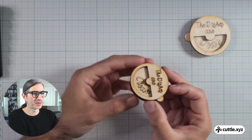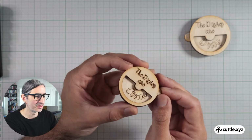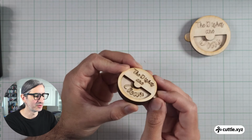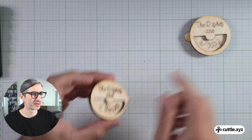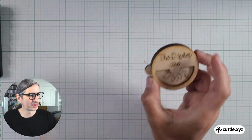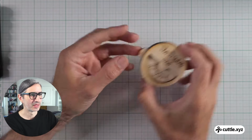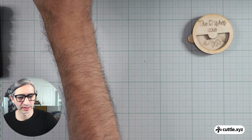The previous one, I made a smaller one where I glued it without the spacer, and it's just kind of hard to move. I guess it can get there, but I kind of like the spacer. One additional thing I was thinking is that, I mean, the glue works all right. Some refinement that could be done is,